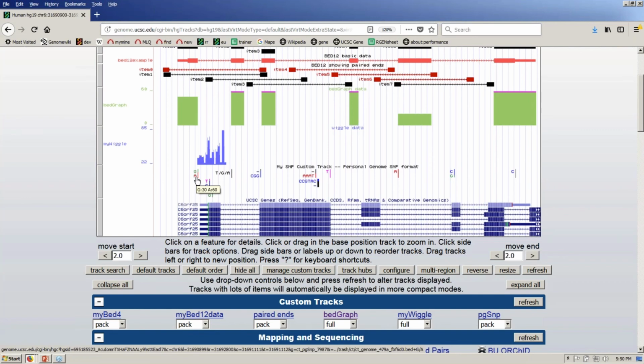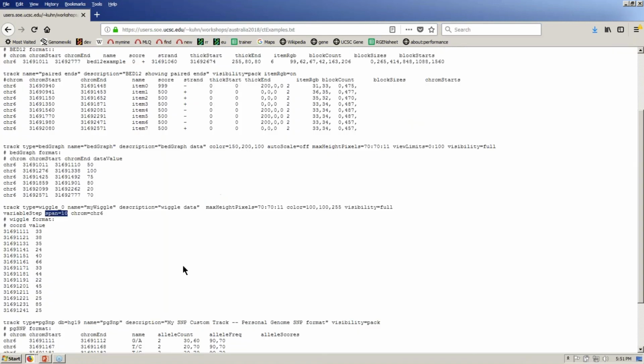So if there's a reference allele and a non-reference allele, and you've done some whole exome sequencing, you may get 30 reads of G and 60 reads of A. You can put it into this file, and so you can see at a glance what your coverage is of the two alleles, or whether it's a heterozygote or a homozygote. In addition,